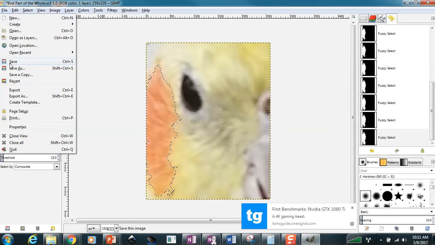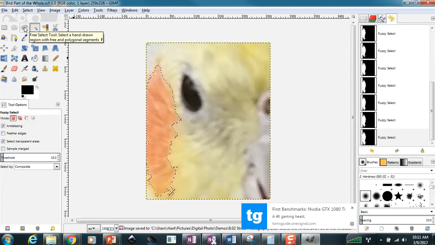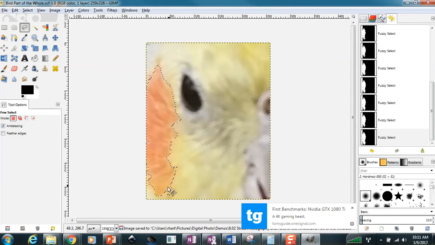So I'm gonna click save, and I'm gonna grab my lasso tool, which is right next. This is called free select. And I'm not wanting this area down here in it, so I'm gonna just hold down control. Control is gonna subtract it, so I'm just gonna circle the area that I wanna subtract, and now it's gone. Pretty cool. If I wanted to add more using the lasso tool, I could hold down my shift button and